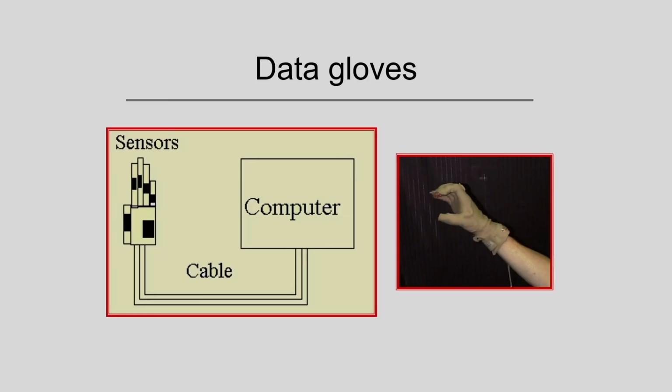In this case I am showing one interaction system, that is by considering the data gloves. So, here you can see I have the data gloves. In the data gloves I have optical or magnetic sensors. These sensors detect the movement of the fingers, the movement of the hand, and the glove is connected to the computer. So, the computer will get the signals corresponding to the movement of the fingers, the movement of the hand, and based on this I can recognize different types of gestures. This is the glove based system.